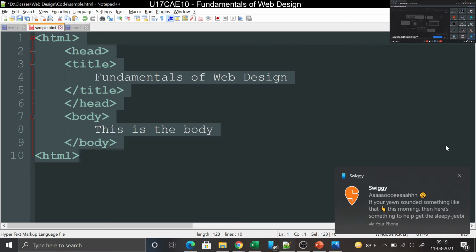So in the body tag you have text. Text is a collection of English alphabets or Tamil alphabets or Hindi alphabets or whatever you want to call it. It's a set of symbols used to create words. Words will create sentences. Sentences will create paragraphs. If you want to have meaning, like for example your result is being published, and if I am writing the result of 27 students as a paragraph, will it be easy for you to look into it? Anybody? No, sir.